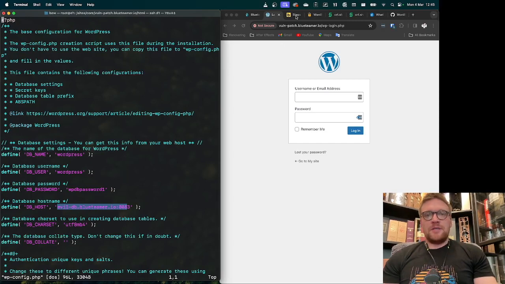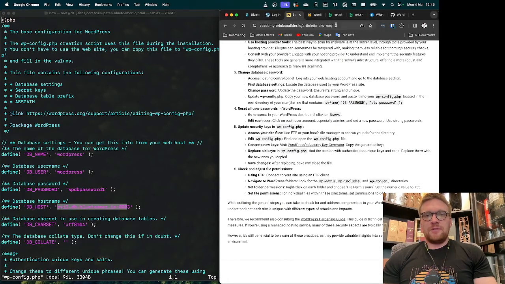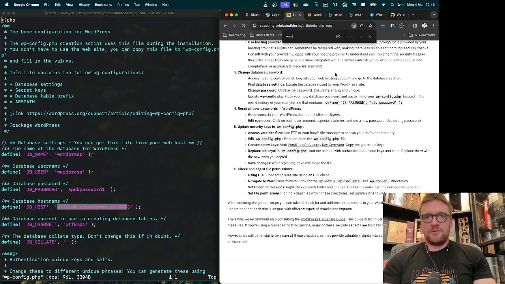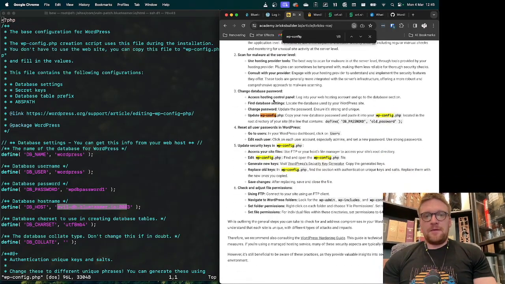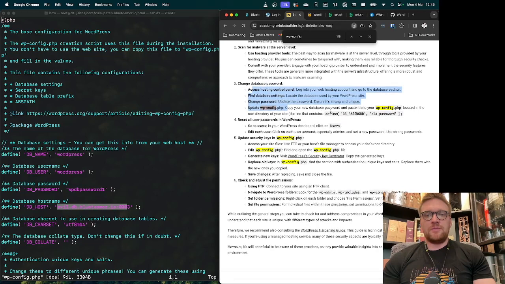And also let's take a look at the cleaning instructions. Let's search for WP config and let's see here. Change database password, and then they tell us how to change database password. We are supposed to change this because the attacker might know it. Yes, that's true, but it will not help against this attack, because if you